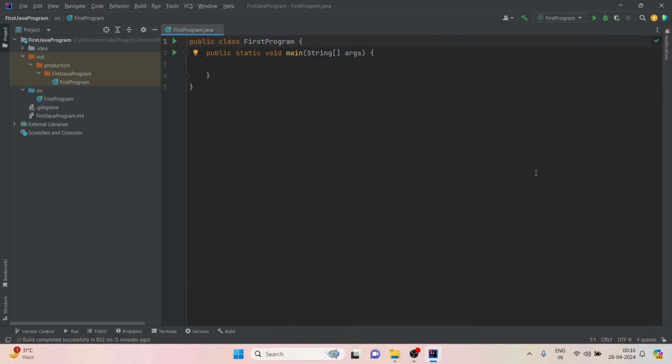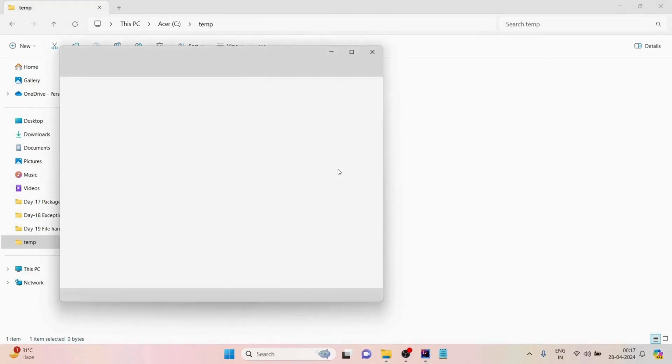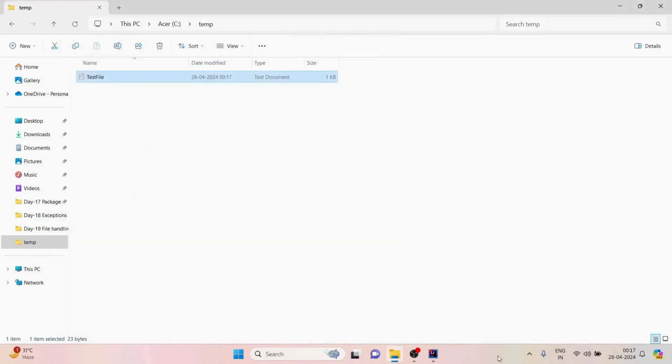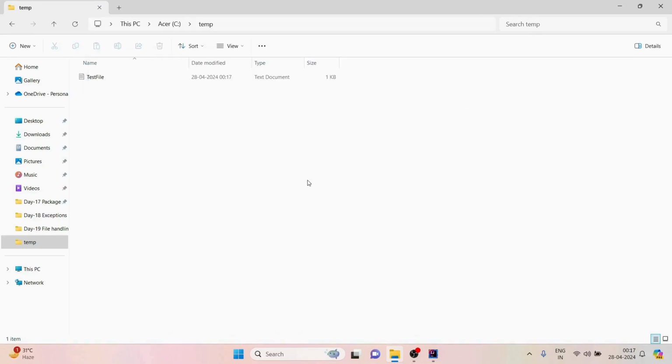Now to understand how file handling works in Java, we'll first need to create a file. For that, I'll go back to my C directory and inside a temp folder, I'll create a new text file. I'll name this test file. Inside this file, I'll type in "hello from GoldenCat" and I'll save it. Now let's close this. Now I'll also copy its path, that is C temp,